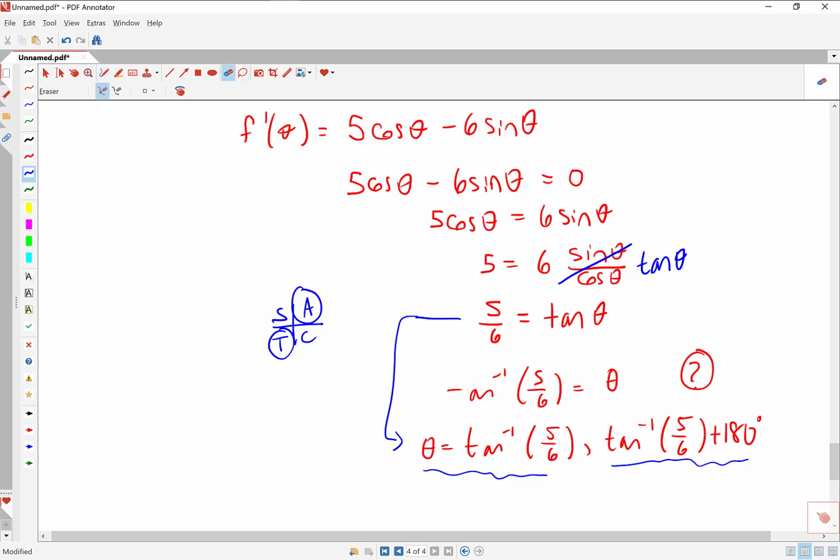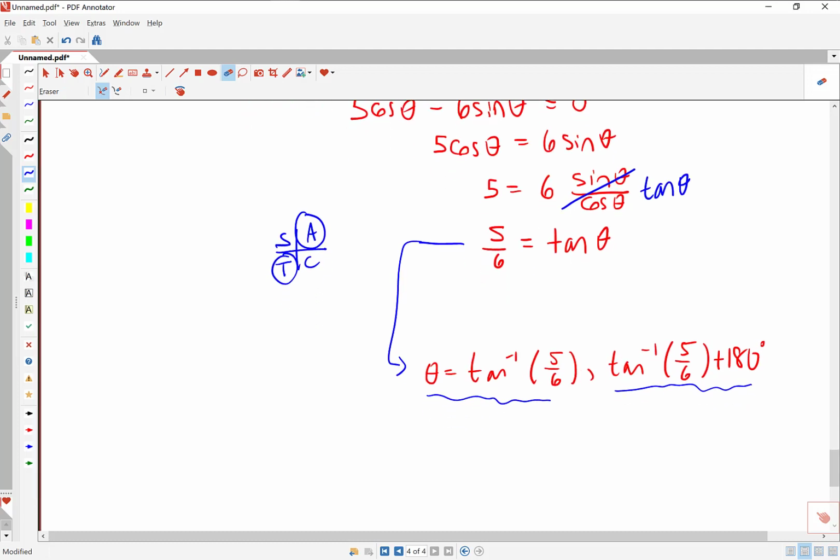So I'm going to erase this step here that was incomplete. Well, why don't we just round these angles off to maybe a couple decimal places, and then we can do a final bit of exploration about where our function is actually going to be maximized. Okay, so at this point, we have two critical points,